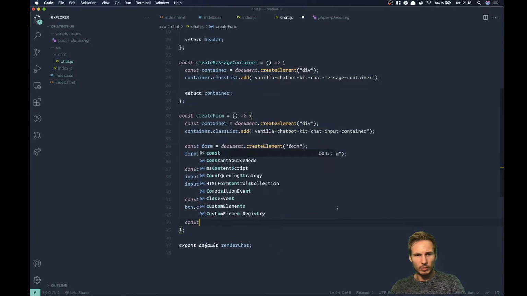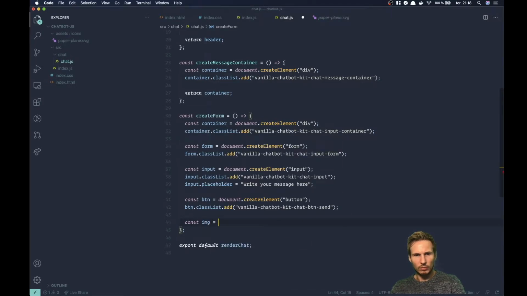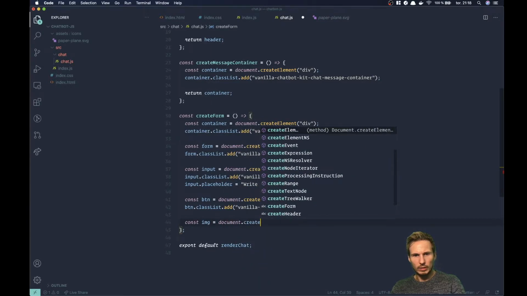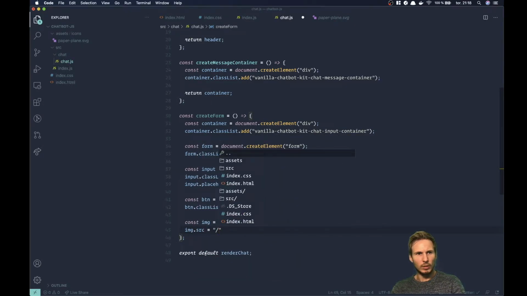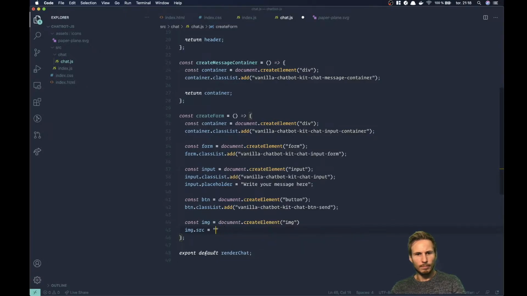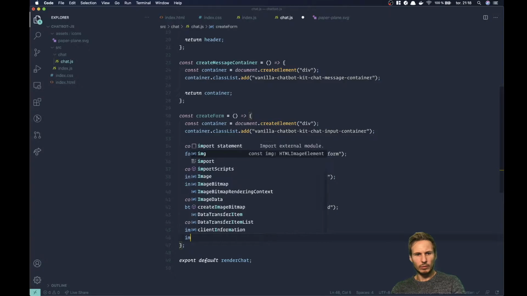We'll go ahead and const image equals document create element image. We'll go ahead and give the image a source. It's going to be assets paper plain SVG,